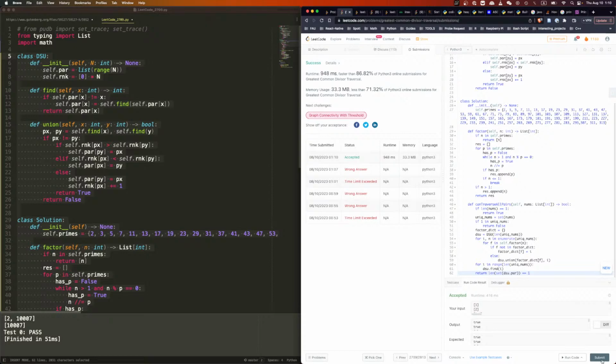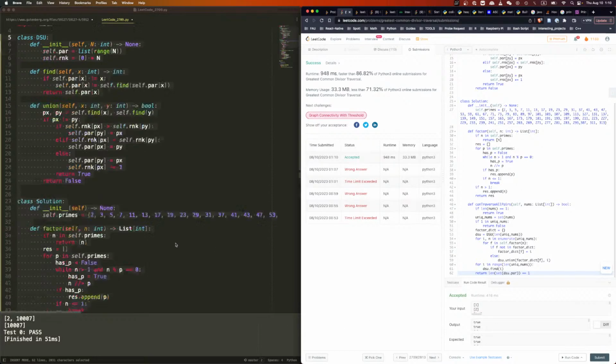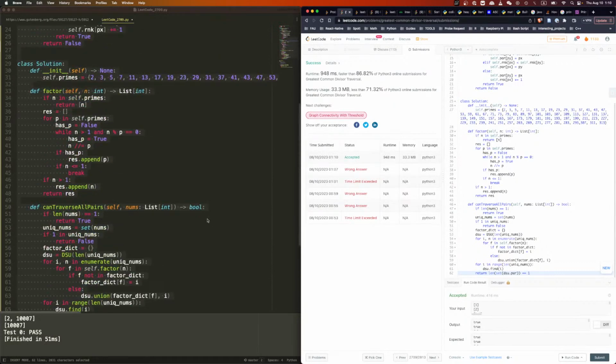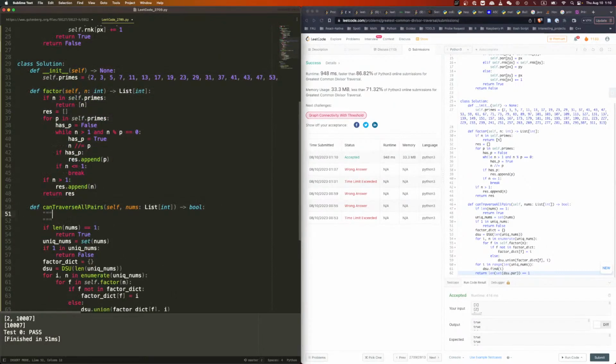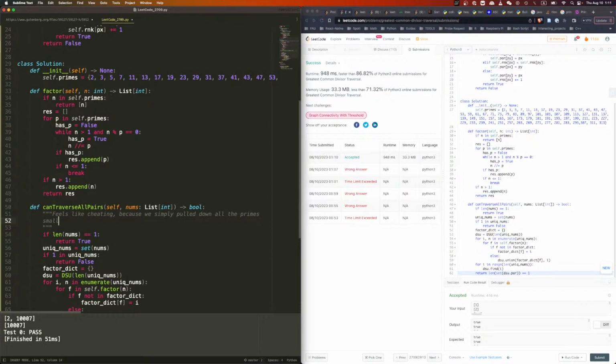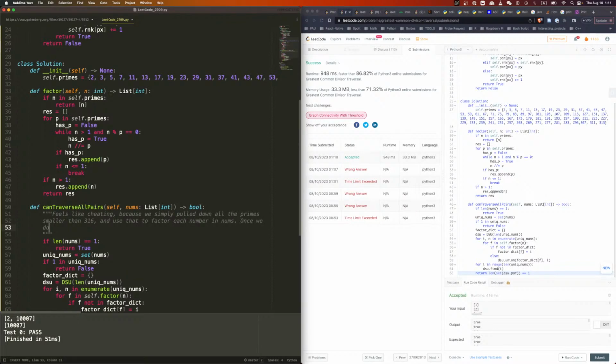Not sure if that's the right way to do, but yeah, we got this. So, feels like cheating, because we simply pulled down all the primes smaller than 316 and use that to factor each number in nums. Right, once we do that,